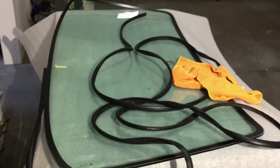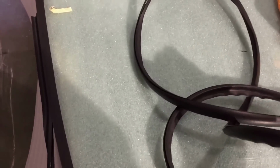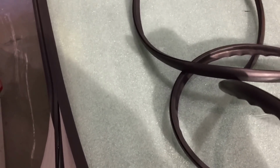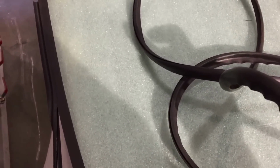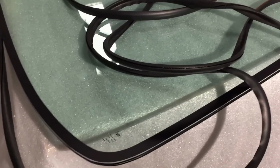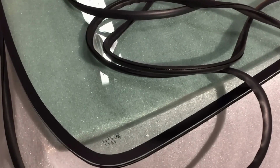So I'm getting rid of glue in the window, and I'm using this generic molding. And what's nice about it, I guess they all have this, is they do have some sealant pre-applied in the groove. So as I'm pressing it in here, it is sticking on the window pretty well. So I'm just sort of working my way around the window, and then I've got the Cerium all the way around. I'll test fit it, make sure it sits where I want it to sit,